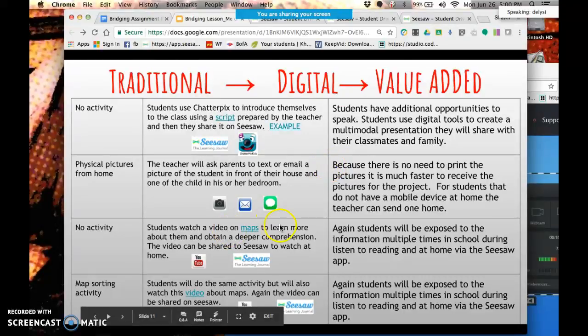So students have additional opportunities to speak. Students use digital tools to create a multimodal presentation